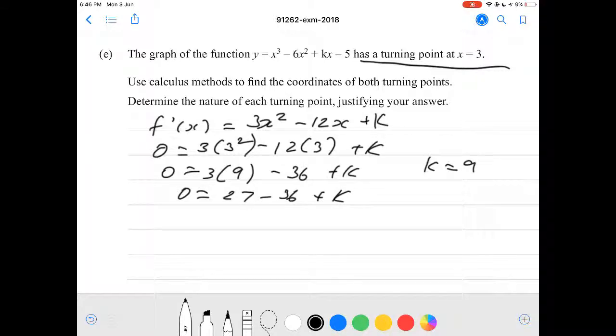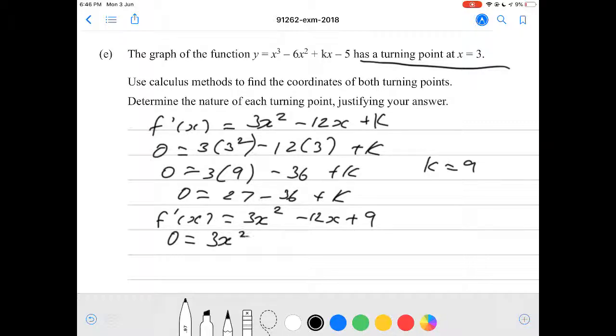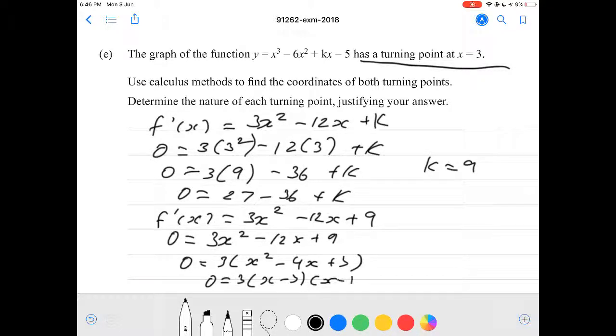Okay, so now we can rewrite our f dash of x, okay? We can write f dash of x equals 3x squared minus 12x plus 9, okay? Alright, so now we can find our turning points, okay? So our turning points are when the gradient equals 0, okay? So 0 equals 3x squared minus 12x plus 9. 0 equals 3 times x squared minus 4x plus 3. So 0 equals 3 times (x minus 3)